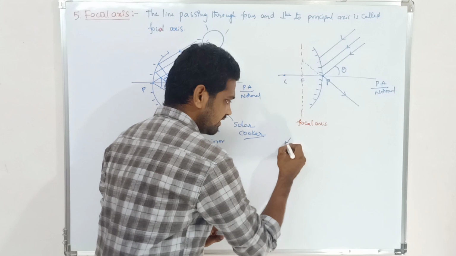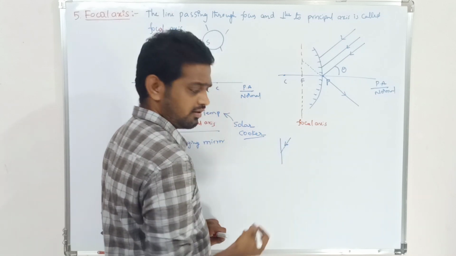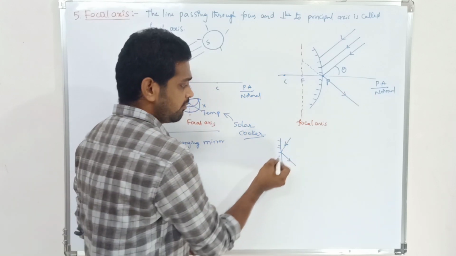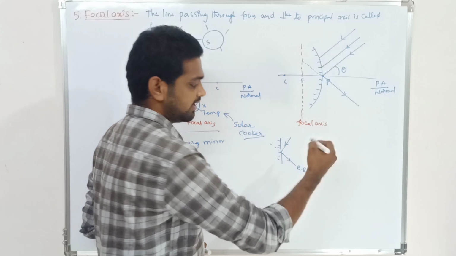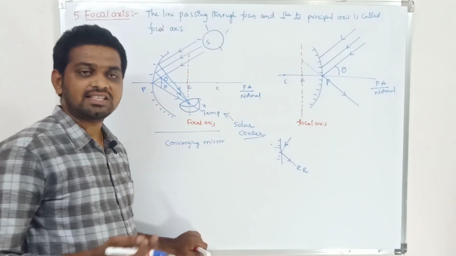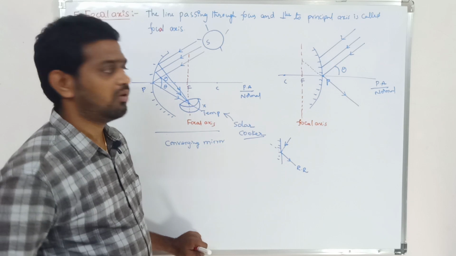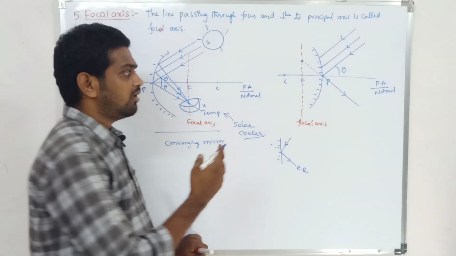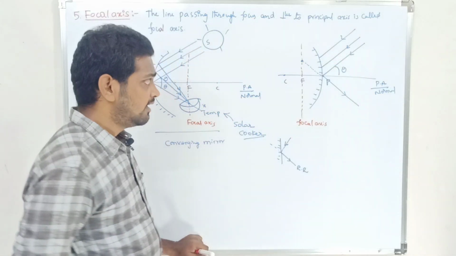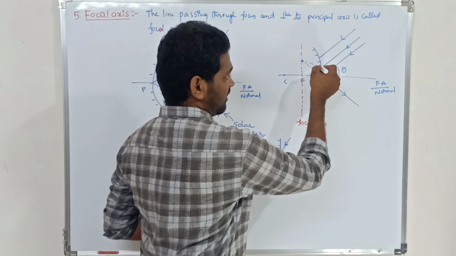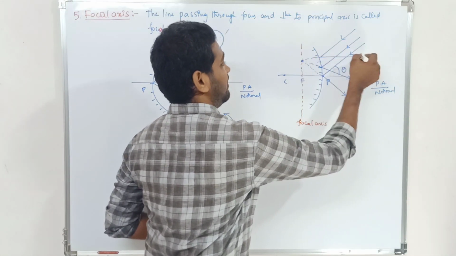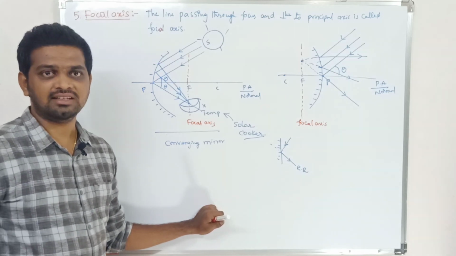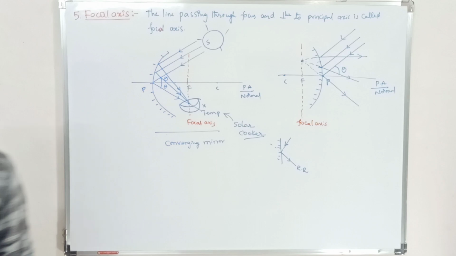Suppose this is the incident ray for the plane mirror. Clear? How will you get the reflected ray? Like this you will get the reflected ray. How will you get the control ray? By extending the reflected ray in the opposite direction. The reflected ray which is extended in the opposite direction, that we consider as the control ray. So in order to find the diverging point, I had taken the control ray for this ray. In the similar way, you need to connect like this. Like this you are going to get the diverging rays. Is it clear, children? This is the help of the focal axis in the case of spherical mirrors.